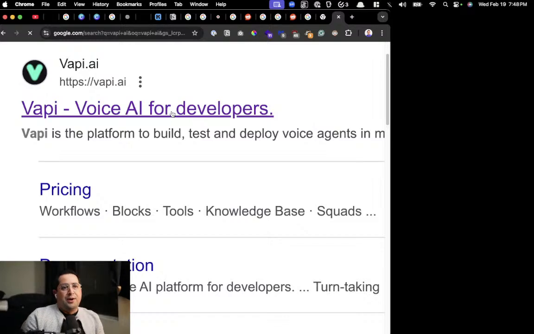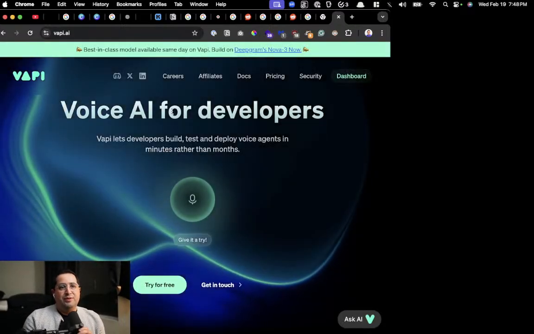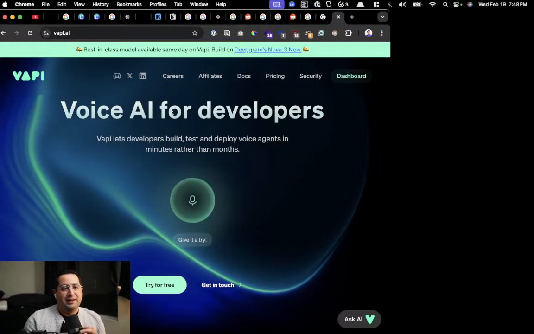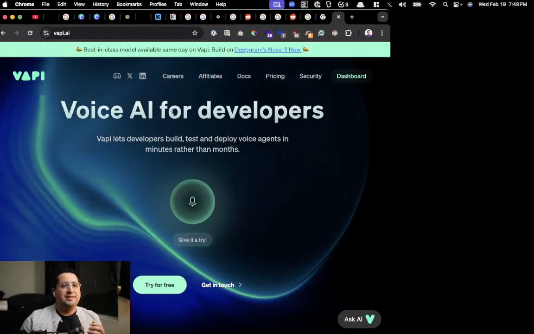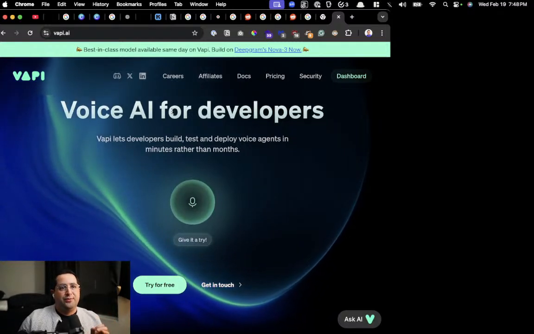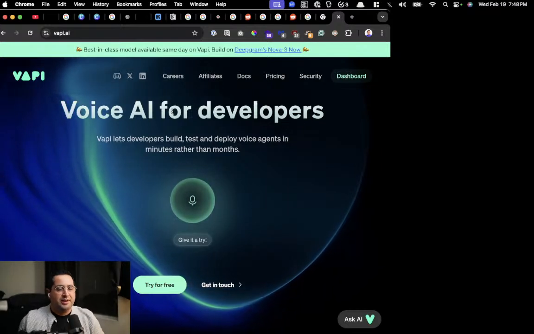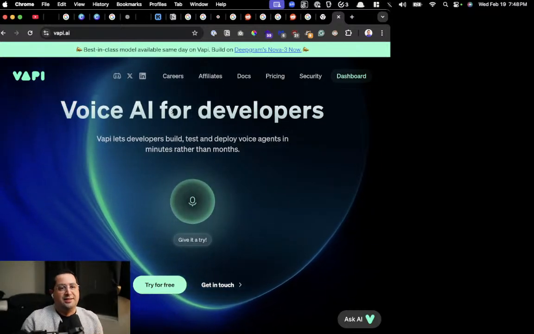The great thing about Vappy is you can sign up for a Vappy account today, and it's completely free to do exactly what I'm going to do for the demo. They're so kind. They give you 10 minutes free to run with. And look at the budget of how much I've spent so far on this. It's like that's nothing.